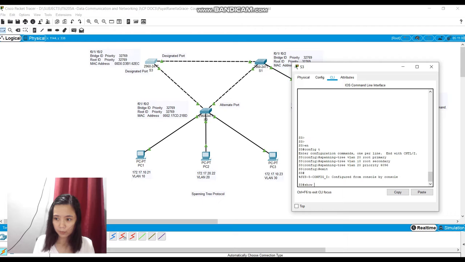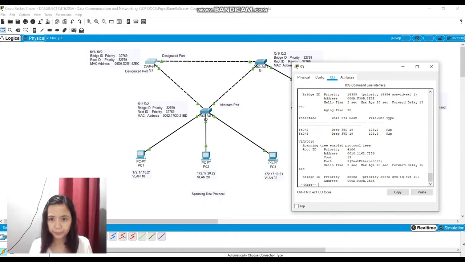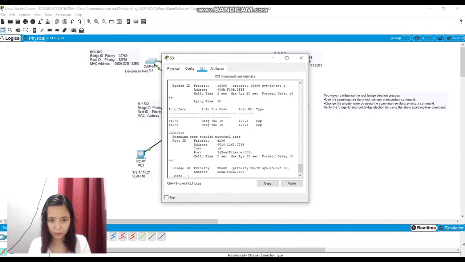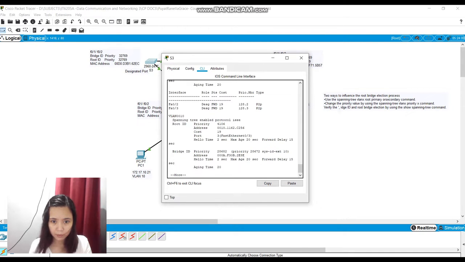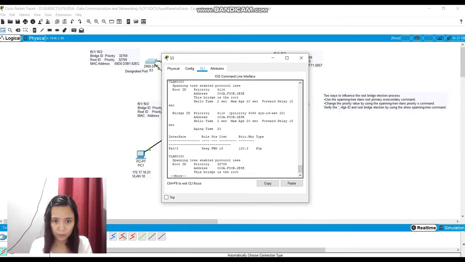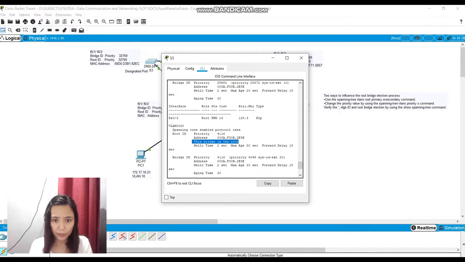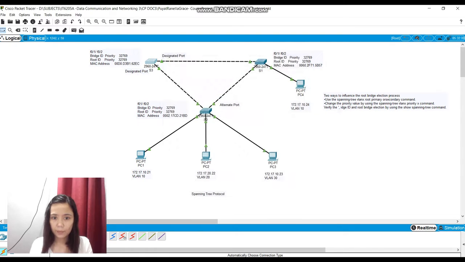Show spanning active. Okay. Okay. This bridge is the root bridge. Okay. And the next step